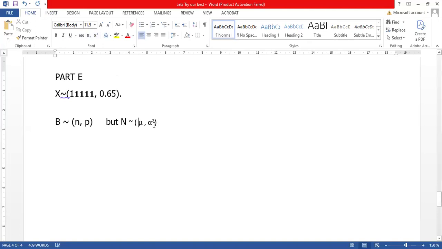This is the mean, this is the variance. So you need to know these things. You can fill in the numbers, that is very easy. So it means that what is given here,